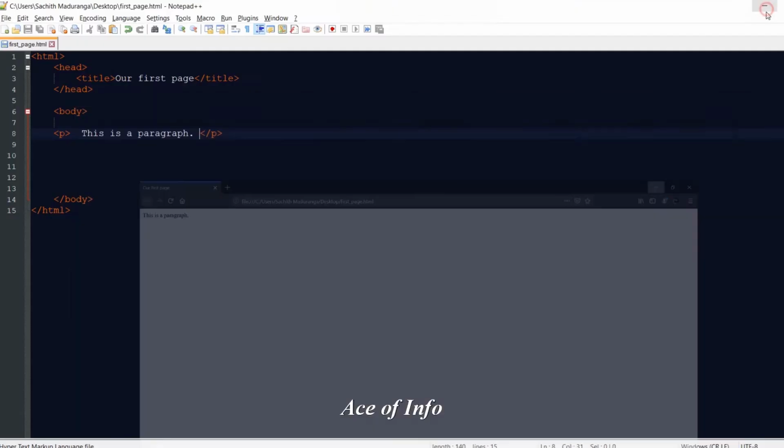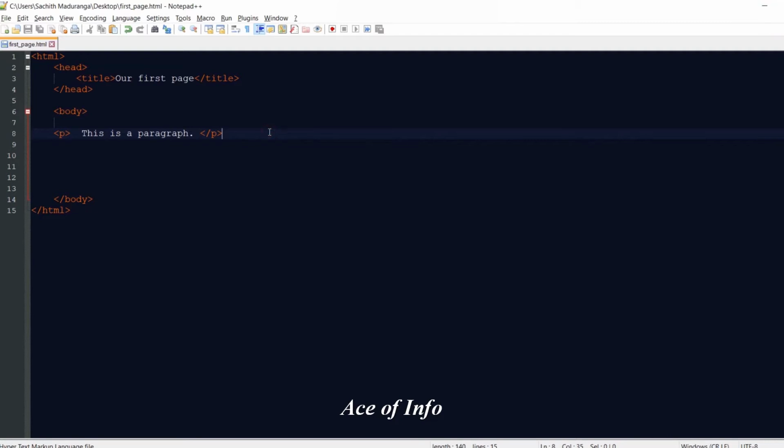Okay, this is what we've done so far basically. Now let's talk about text formatting. When you are writing a text, even inside this paragraph, there are so many formats you can use. If you use Microsoft Word, when you are preparing articles and stuff, you need text formats. Why? Because you need them to be stylish, or you need to highlight them. Sometimes you need to tell the user that it is a quoted line, or maybe a deleted line. Don't take care about this, just delete it or something like that. So these formats are more useful when you are using HTML.